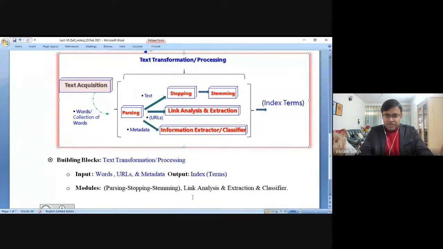So with this, I'm closing today's lecture. It was a brief lecture just to highlight the importance of each component. If you have anything to add, like, sir, are we going to discuss this particular phase, you can highlight or suggest it to me here, because this text processing is one